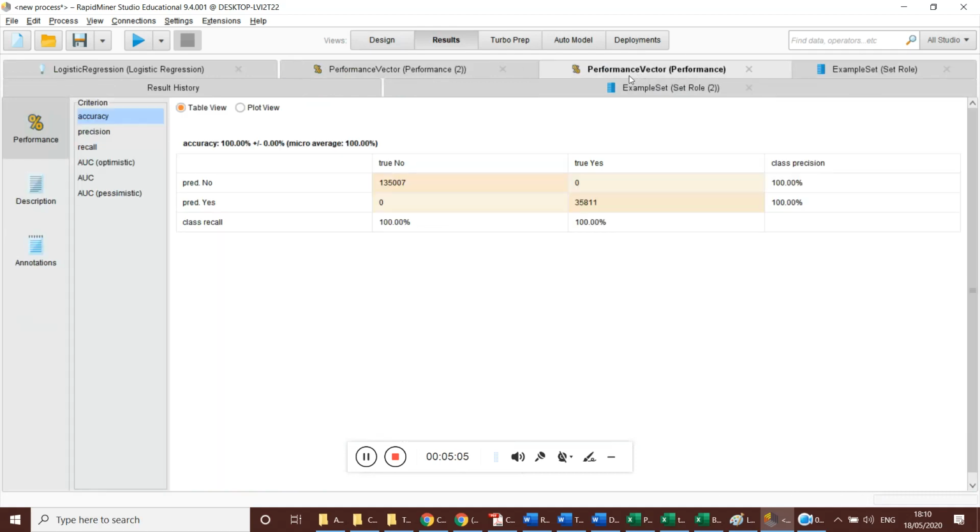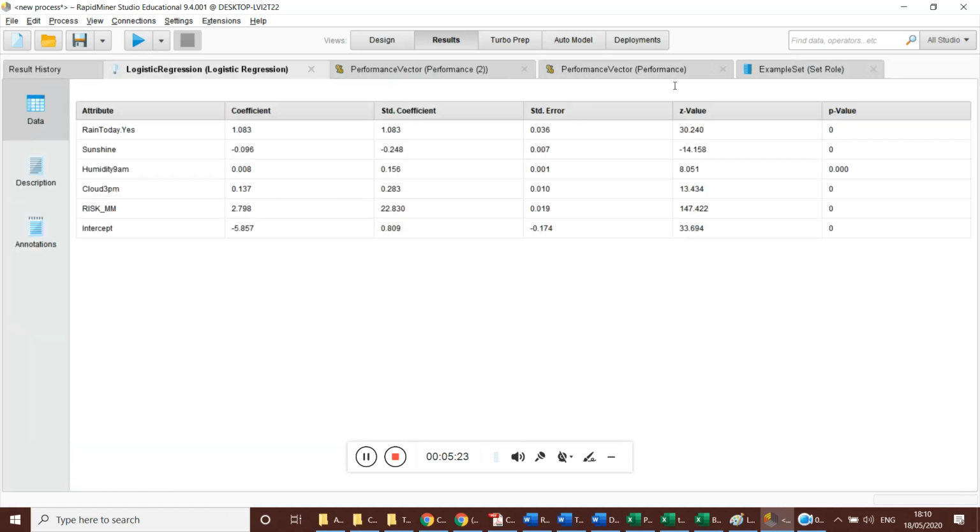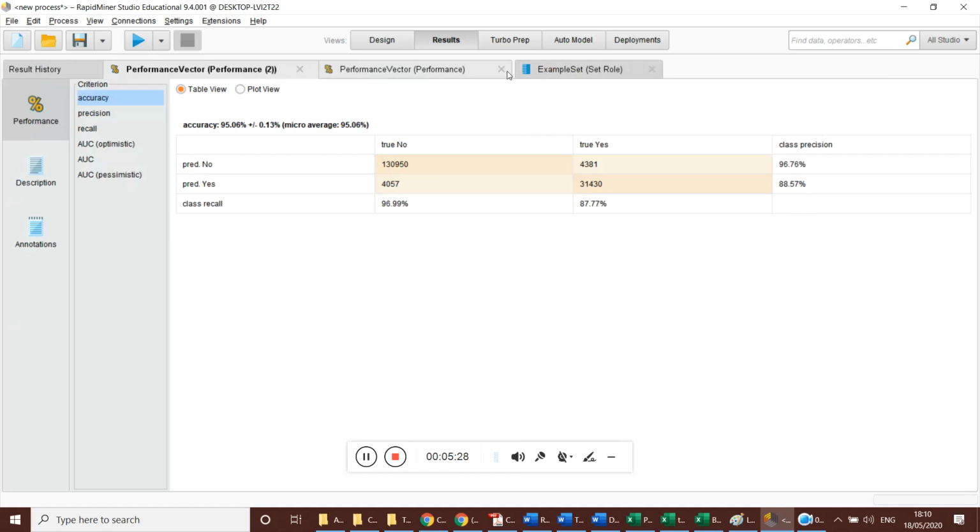Performance, let us see performance of from XYZ. What is it? Is 100%. For the second one, logistic regression, it is 95.06%. So now we decide based on these values. So what we do is we provide these values. We don't need model values, right? We just need